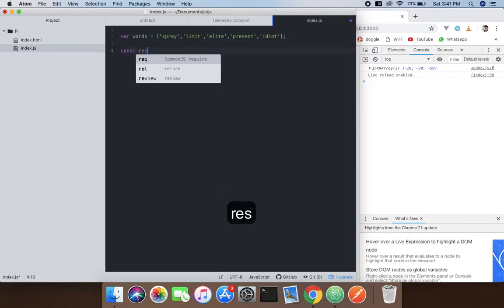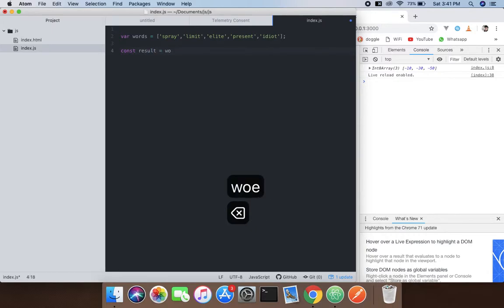And what we're going to do is result equals the prototype for that array. In this case it's words, and we are going to use the filter function. We use function, and inside that we'll type word, and equals, and